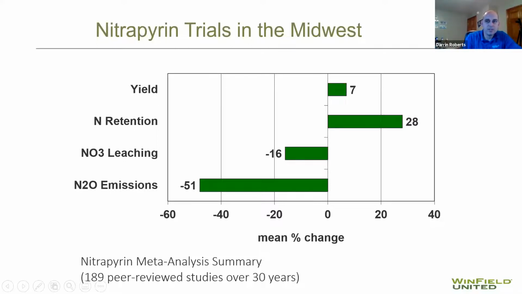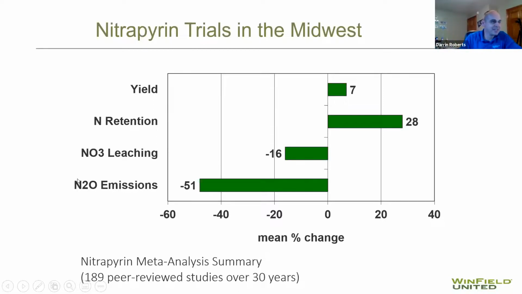And so the general things that they found here, by using nitropyrin in these trials, on average, they saw a 7% increase in yield, a 28% increase in nitrogen retention, and then 16% reduction in nitrate loss, as well as a little over 50% reduction in nitrous oxide emissions. Okay, so